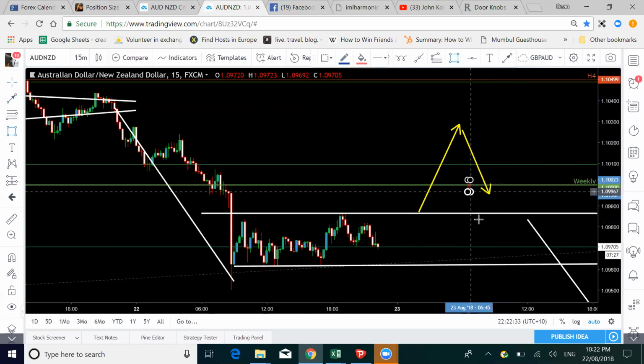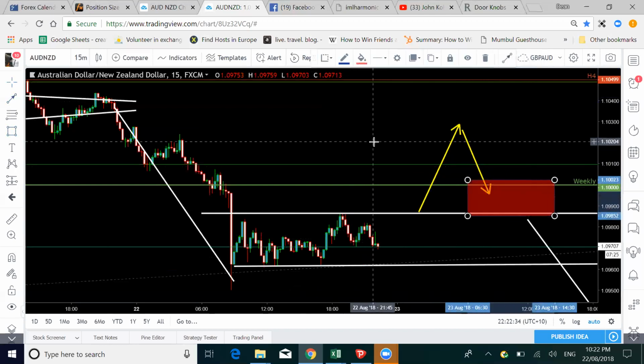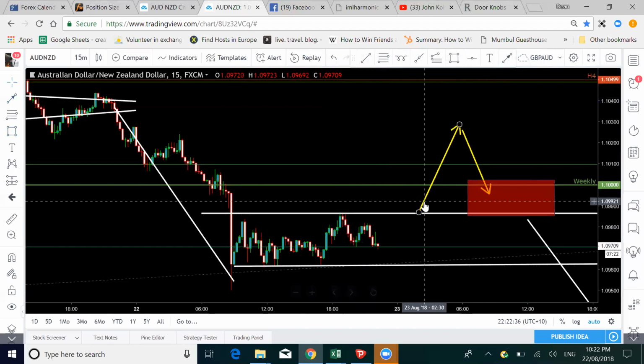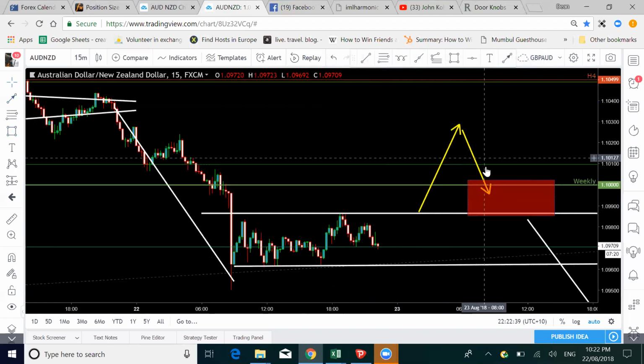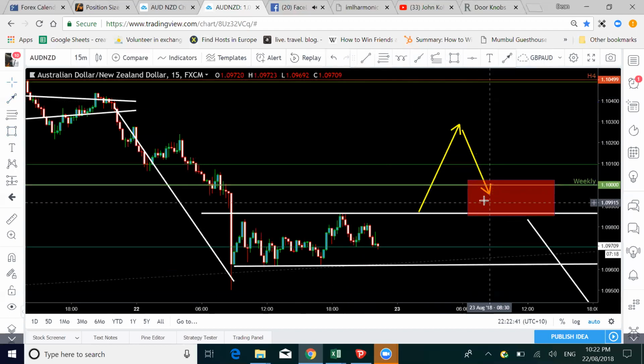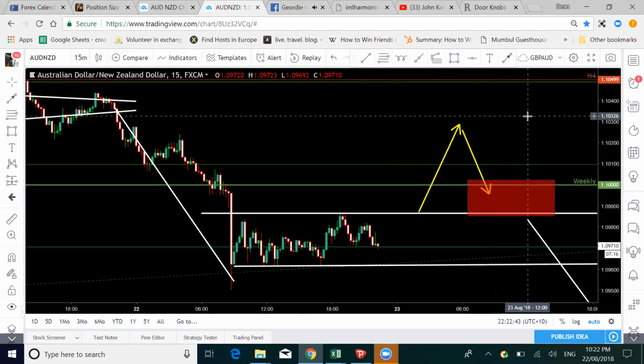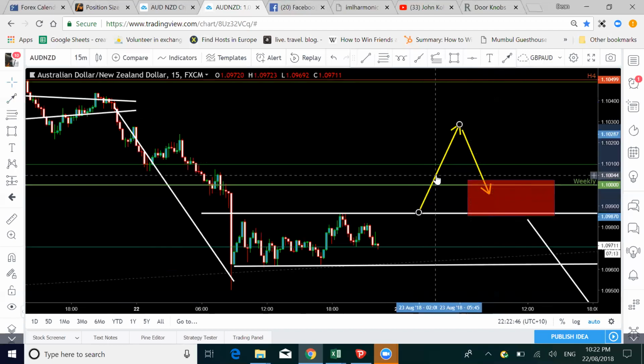This is where we'd look to buy. This is where patience plays out. So that's option one. We wait for it to break to the upside. We wait for it to retrace. No retracement, no entry. And then we get into the market and we take it off that way. Now, if the market continues down,